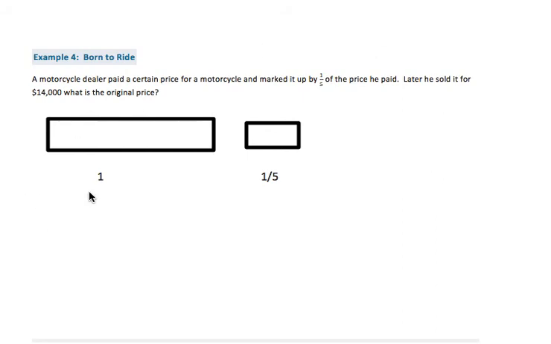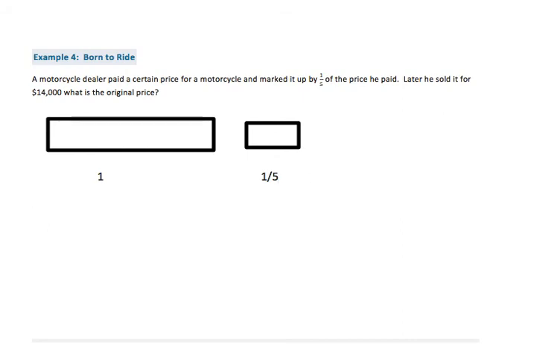So then we can see that this new price of $14,000 includes one whole of whatever he paid originally plus 1/5 of whatever he originally paid. So we can represent